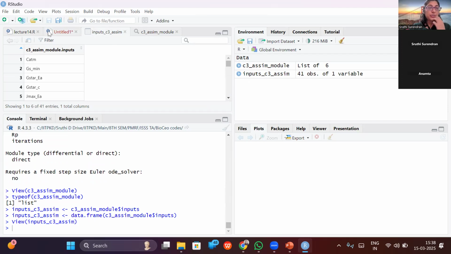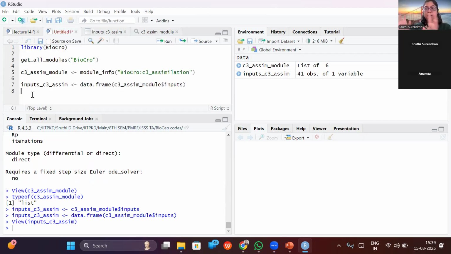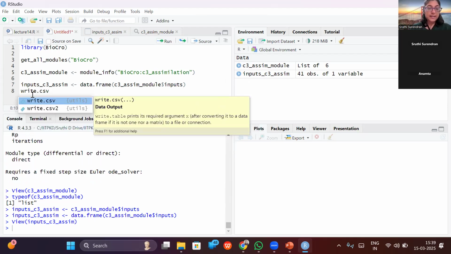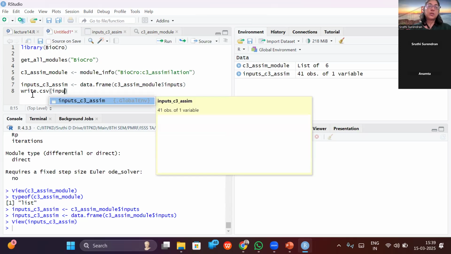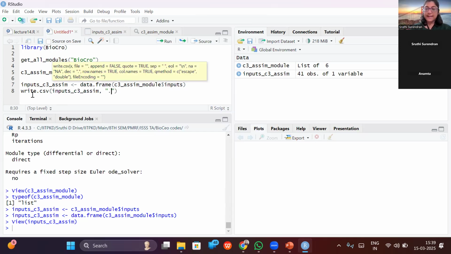Now, suppose I want to save this file as an Excel file, I can do that by using the command write.csv. I think I didn't explain this. I just told you how to read CSV files. I didn't explain how to write CSV files. Same as reading, you will do write CSV. Which data do you want to save as a CSV file? It is this input C3 assimilation, and then a comma. What is the name of the file? I'll put a dot and a slash and write inputs of